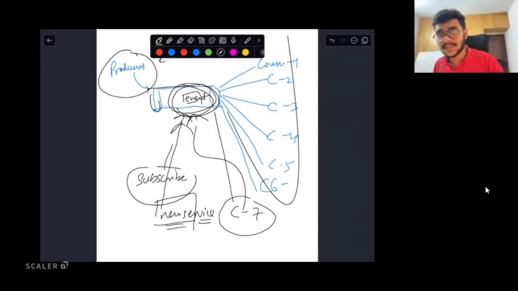Pranav is asking, once the event is consumed, is it removed from the queue? So Pranav, it depends on the technology which this queue is being used with. If you're talking about Kafka, then no, it does not get immediately cleaned up from the queue as soon as it gets processed. Right?